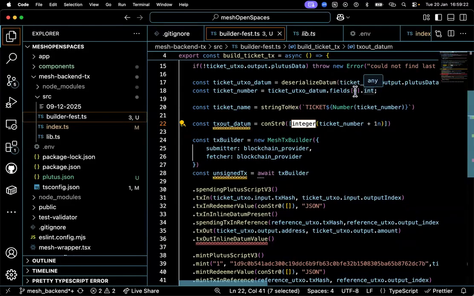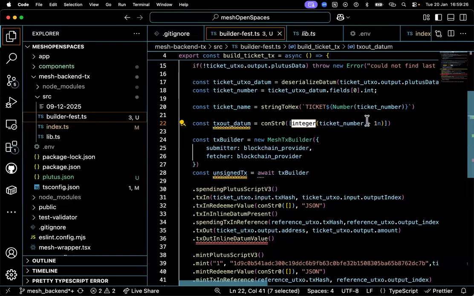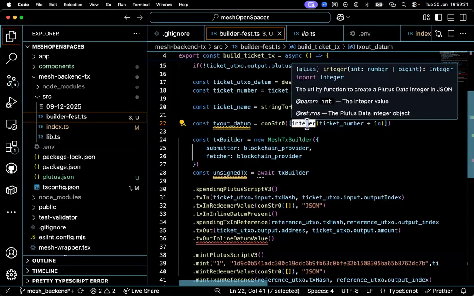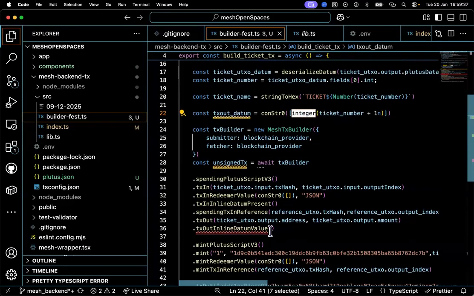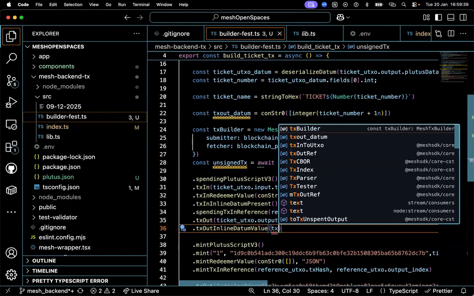So ticket number plus 1n is a big int, right? But this integer function is converting that big int to a regular int, right? Yes, exactly. I am curious as to why we have to convert it into a regular integer instead of leaving it as a big int.